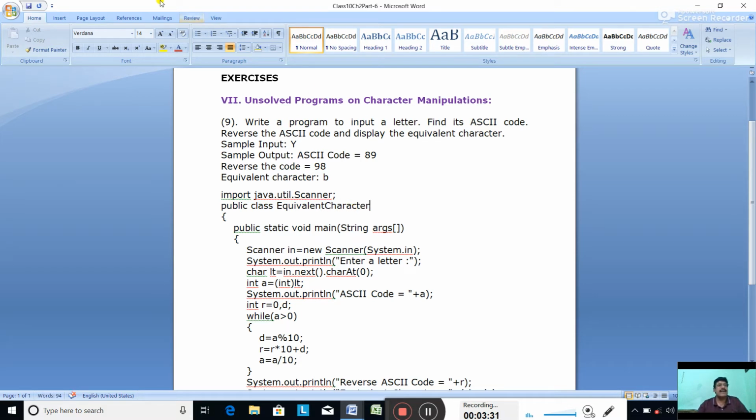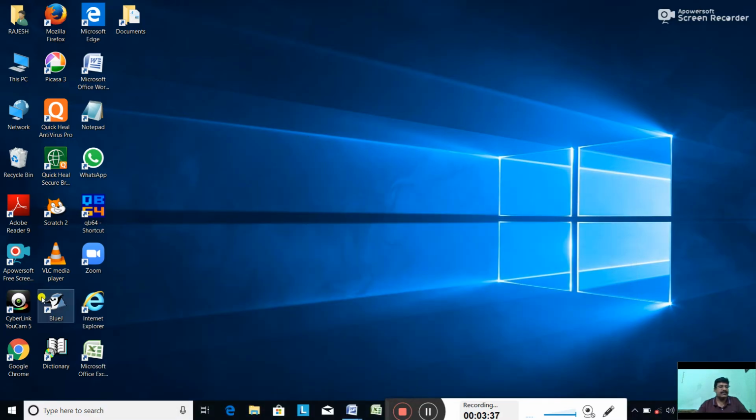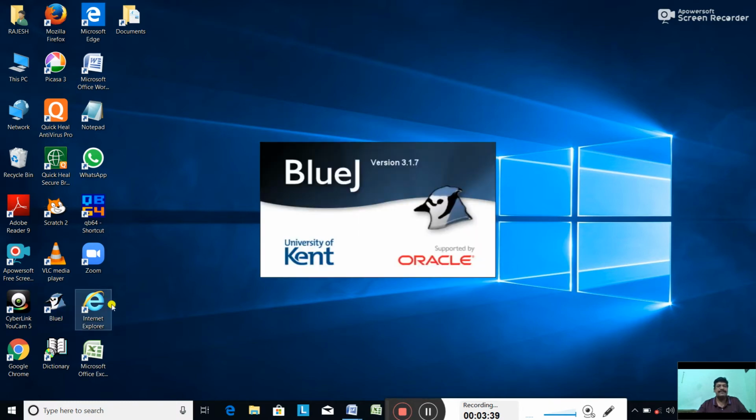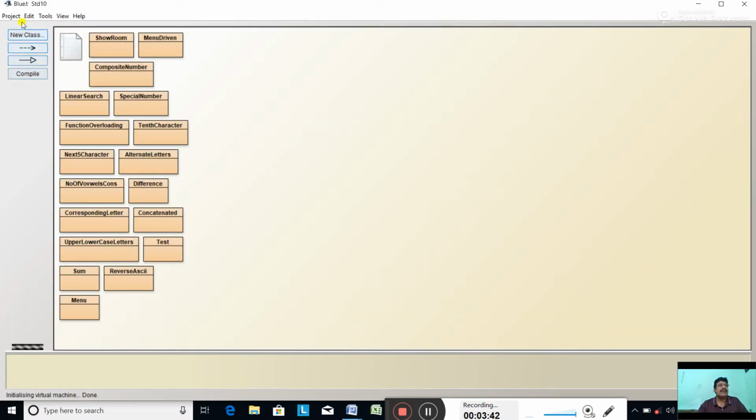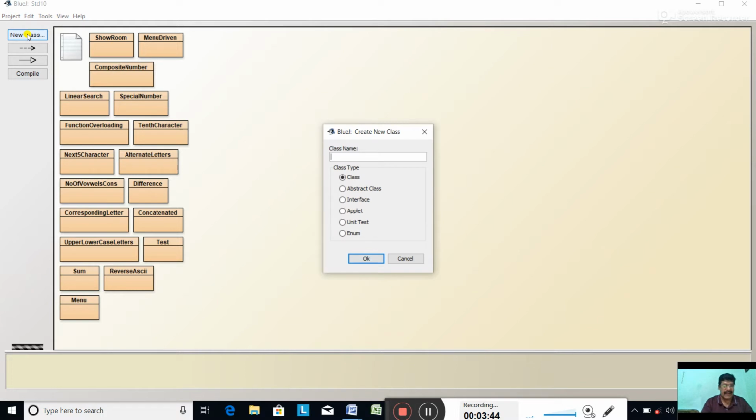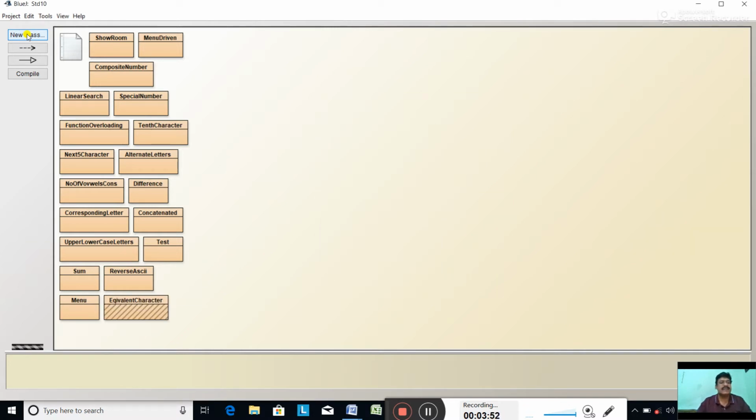Now let us write this program in BlueJ and compile it. Okay, let us do it. Open BlueJ, new class, equivalent character. Class name is done, class is created.